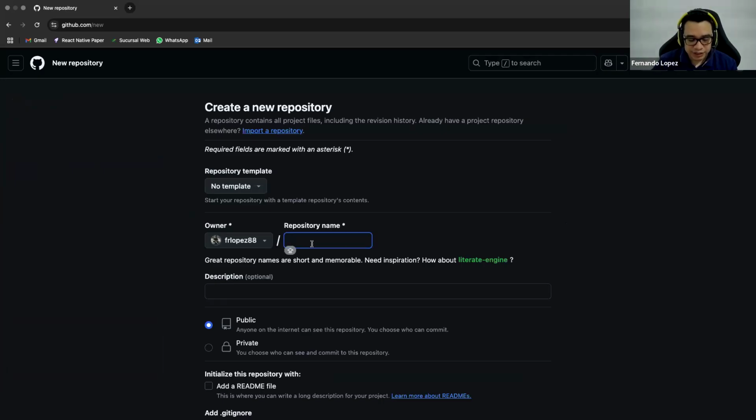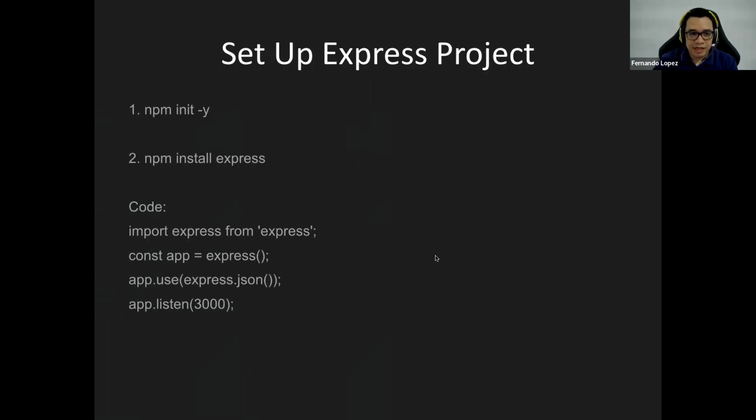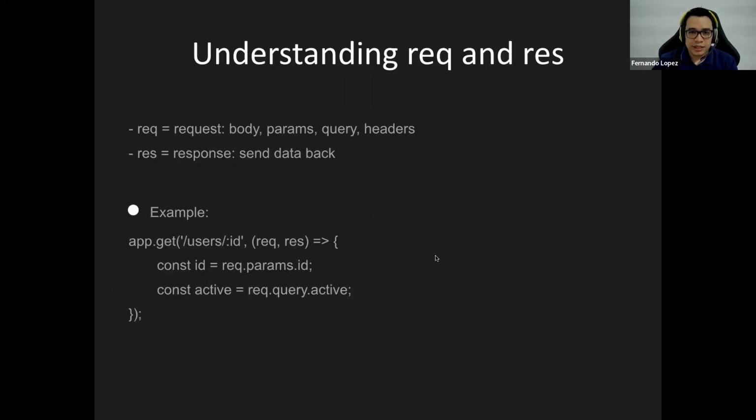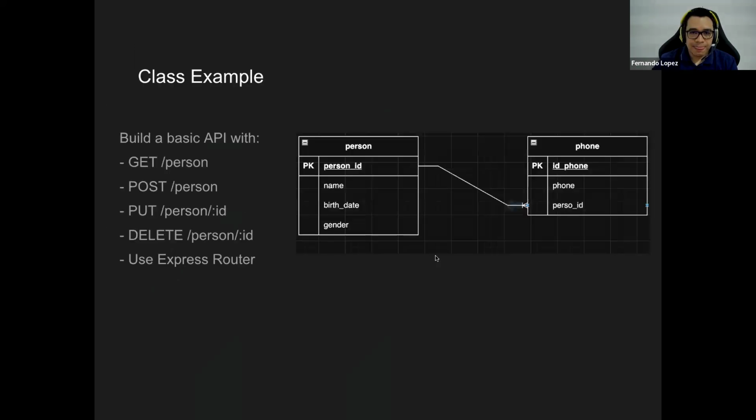In this case, for this example, I have an example of an agenda. This is the example that I will be creating. It's going to be an agenda of persons and phones. So in this case, we're going to identify people, and those people are going to have phones.